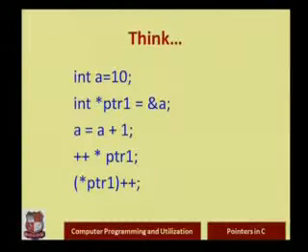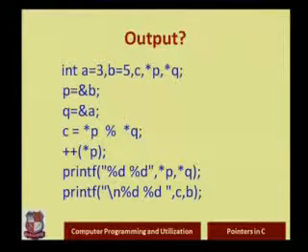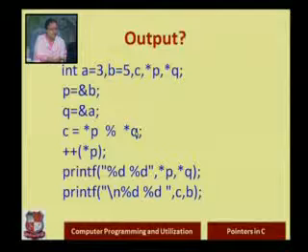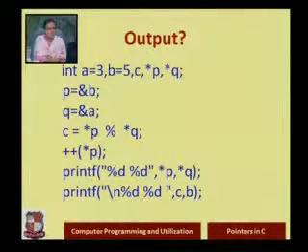I hope this small example clears up the simple arithmetic that we perform with pointer variables. This is another example you can try on your own. You have p equal to &b, so p is pointing to b. Then you have q equal to &a, so q is pointing to a. Try to calculate the value of c. c is equal to *p. *p means I am accessing the value of b because p is pointing to b. So what is the value? 5 modulo, what is the value of q? 3, right? 5 modulo 3. Modulo gives me the remainder. So what answer will I get here?